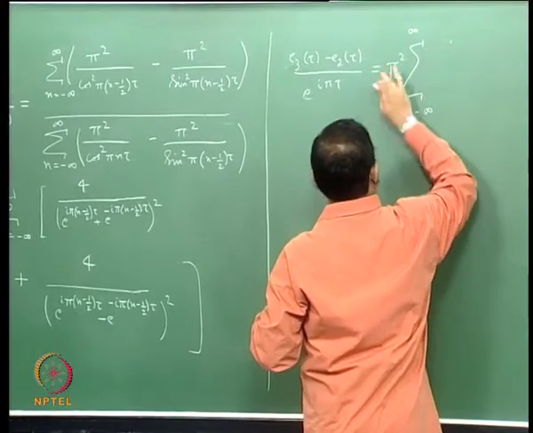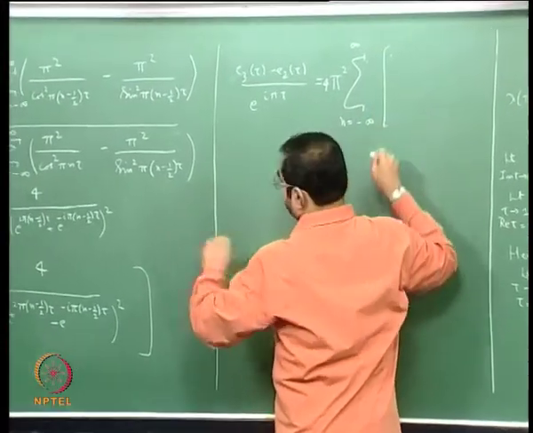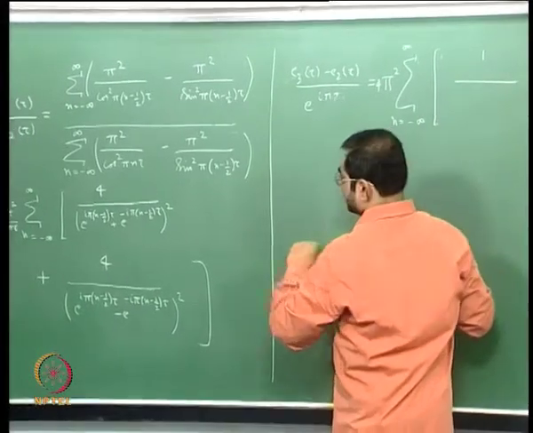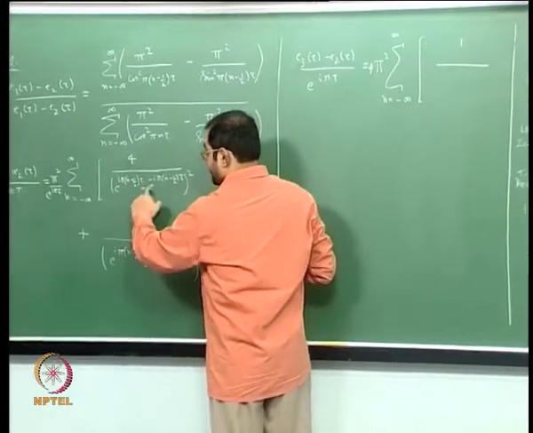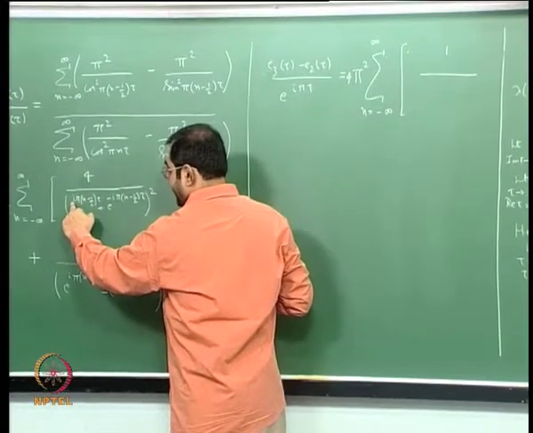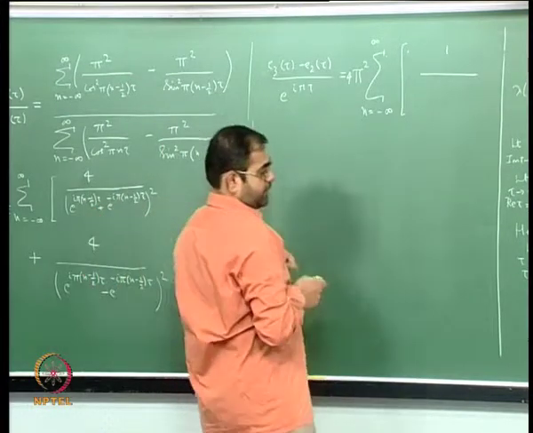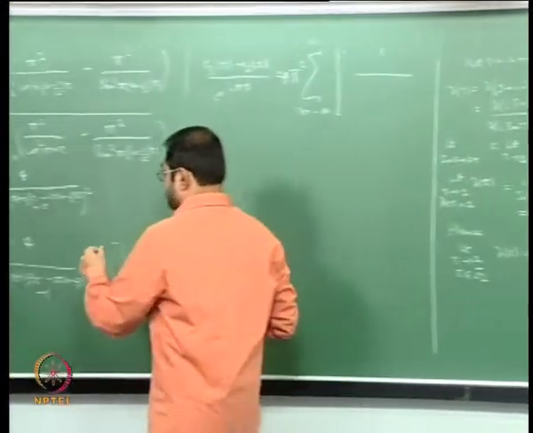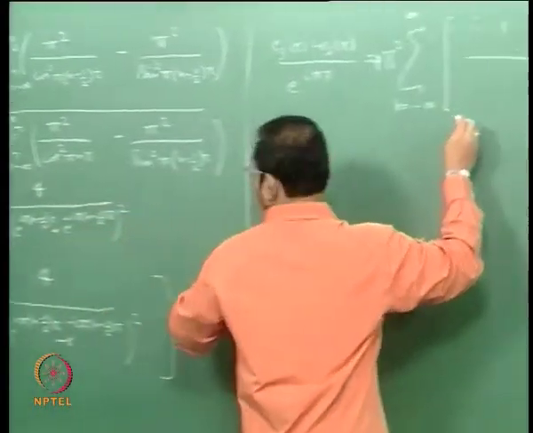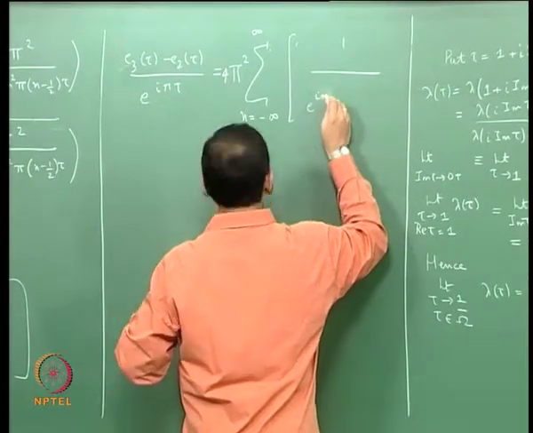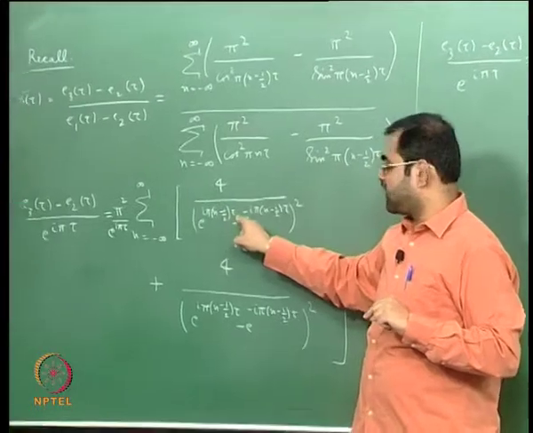I will get 4 by, so in fact I think I can get the 4 out as well, alright, and I will get 1 by, well so you see if I add an e power I pi tau by 2, okay, then what I will get is e power I pi tau by, so this half tau is going to go away, so I am going to just get e power I pi n tau, alright,